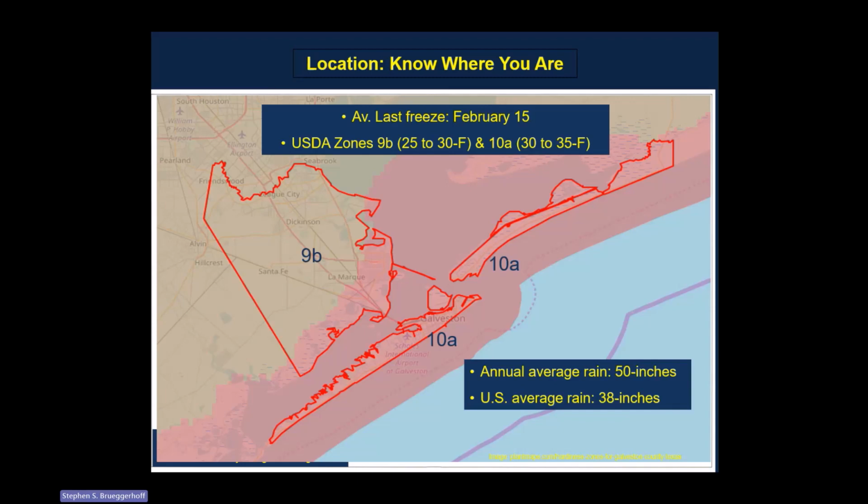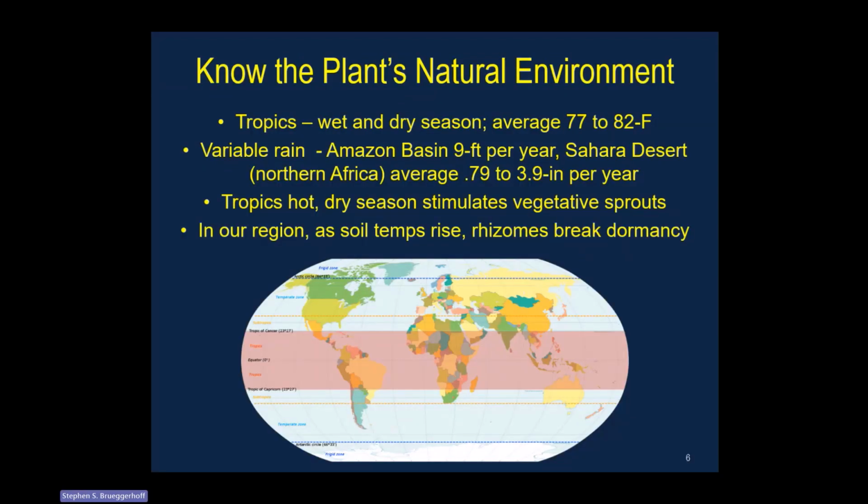On average, if we got a good year, last year was not a good year for most of Texas, but on average, we get about 50 inches of rain per year. So just having a basic understanding of this information helps us to be better, more successful gardeners. Now you have information about where you're at, what kind of environmental conditions you have. Now base that on the plants that you're thinking about using. Get to know the plant that you're thinking of using. What is its natural environment? What is its natural